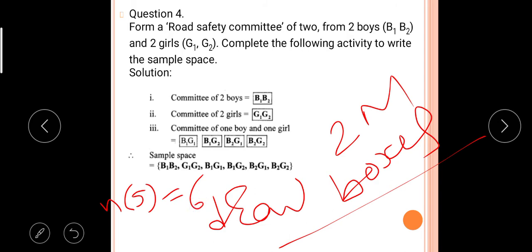So understood? So for activity based questions, drawing the boxes is compulsory. If in your board exam you are not drawing the boxes and you completed the question correctly, then also you will not get the full marks. You will get 0 marks. Similarly, for the objective type of questions, if you are not mentioning the correct option, like first question B, first question C, then you will not get the marks. To choose the correct option and mention the option is also compulsory. Okay, so students, all these points you have to mention in your notebook.